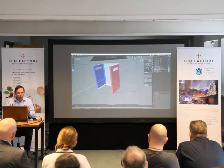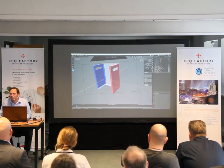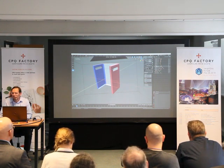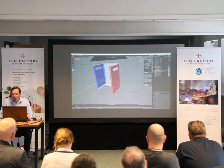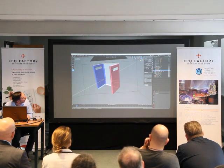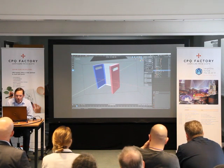Do you all know that you can put a part in more than one? Okay, for the people who don't, let's make a new collection. I hope everybody can see that. The technique is, you can move an object to another collection, but if you use Control, it will make a link, and then it's still in one collection, and the part is also in the other collection, and we really need that for